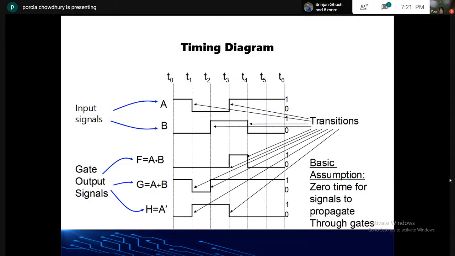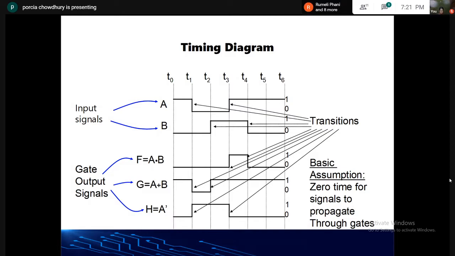Now for any input or output line, if it has the value 1, it will be in the high state, and if it has the value 0, it will be in the low state. Fine. Now, the timing diagram: when can we see it? In the next semester, when we have the software lab, that means if we represent it in any computation language, then we can see this timing diagram.